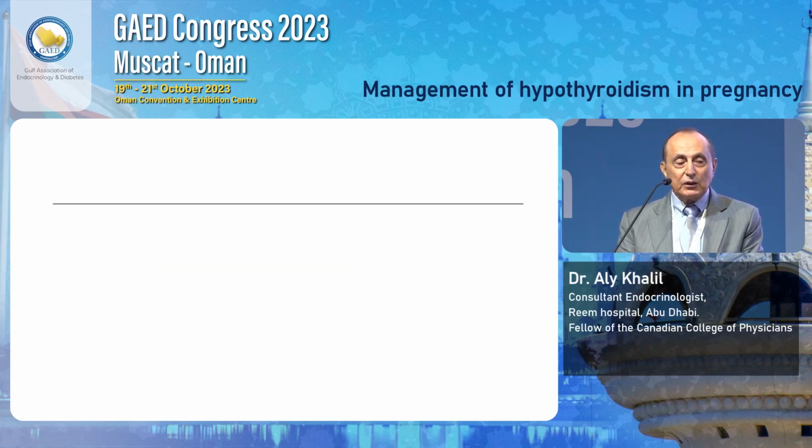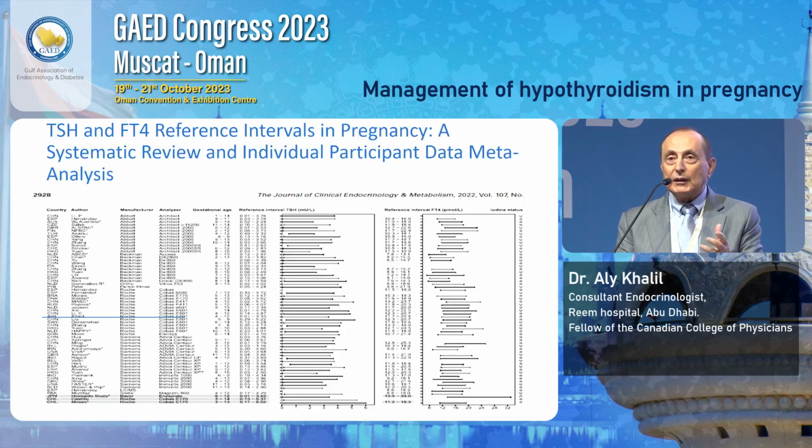This is the final recommendation by the ATA, as far as testing for hormones during pregnancy, knowing that for free T4, as you know, the gold standard is free dialysis, but it's very expensive, so you have to resort to what I told you as a means to get the norm for that pregnancy. And this is here, you see the